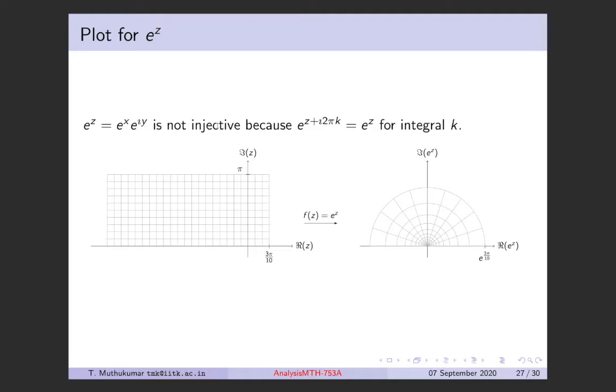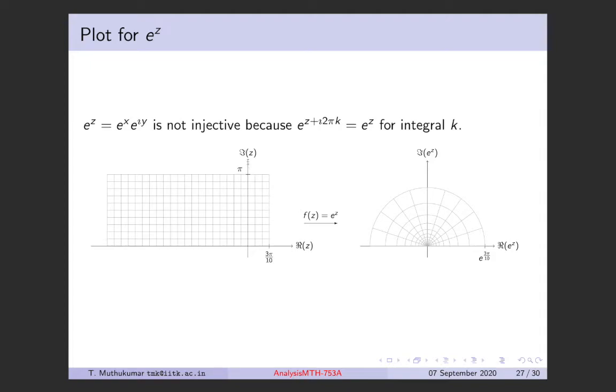Now from here you can actually see that if I take any z and add i 2 pi k for any integer k, then that is the same as e power z, because iy plus 2 pi k is the same as iy. So there are infinitely many points which get mapped to the same value. So if you want to visualize this, you actually see here that for this map,